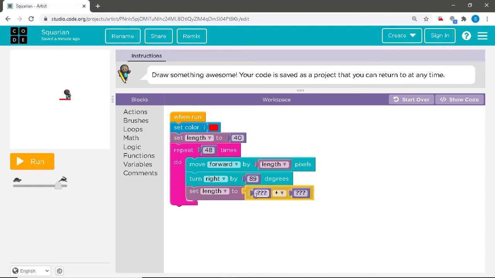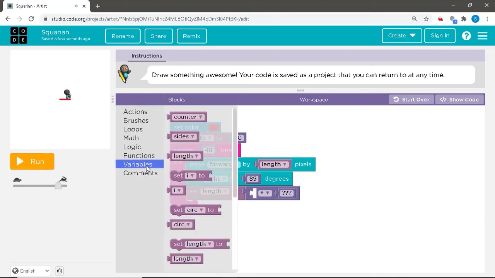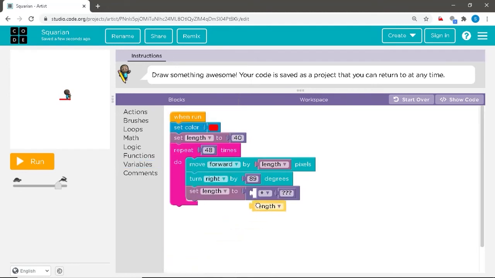Now we shall be changing this. That is, we'll be deleting this command, going to the variables, dragging the length command, placing it here in the void, and we shall be giving a value out here as 4.